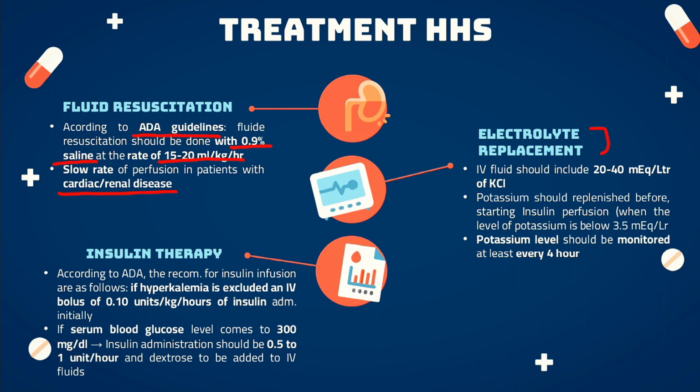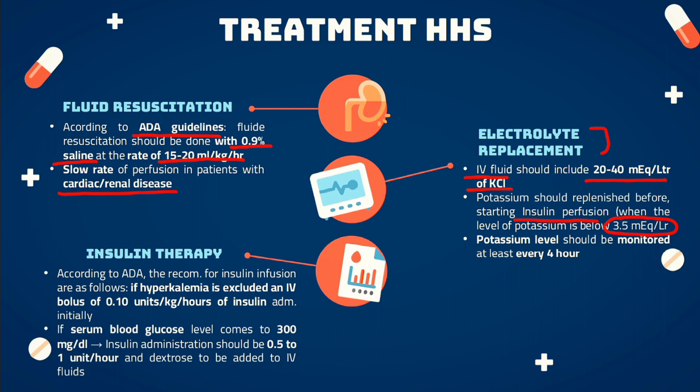As we have seen that in HHS a hypokalemia-like condition develops, we need to provide IV fluid which includes 20 to 40 milliequivalent per liter of potassium chloride. We need to be very careful that potassium replenishment should be done before the insulin infusion, when the level of potassium is very low, that is less than 3.5 milliequivalent per liter,